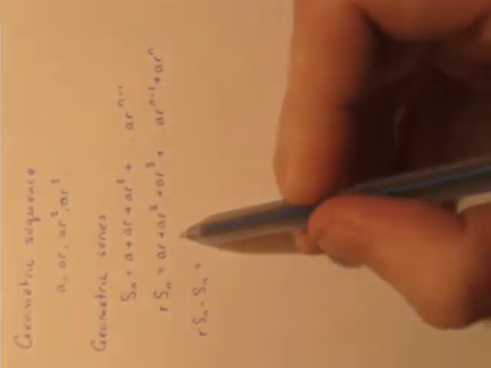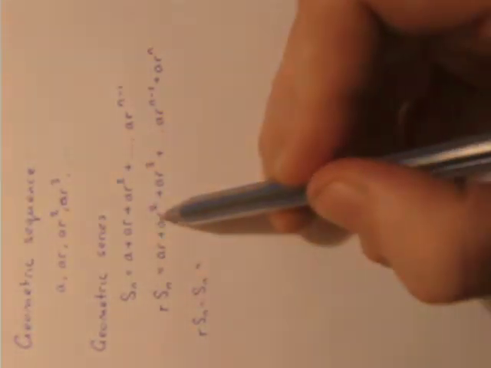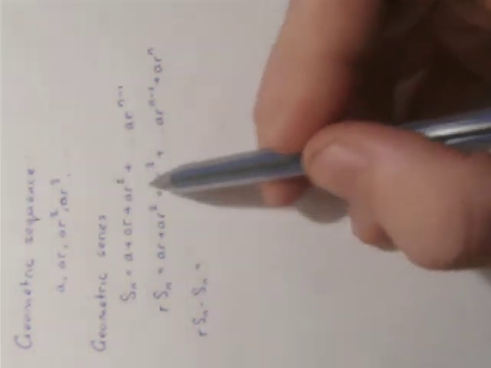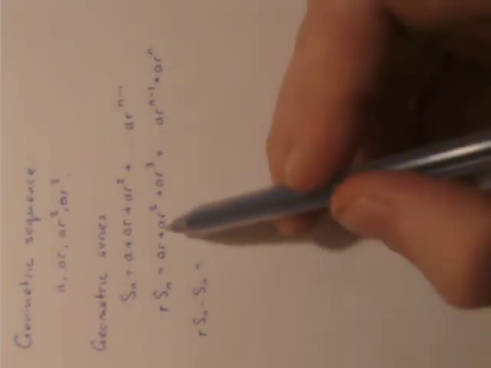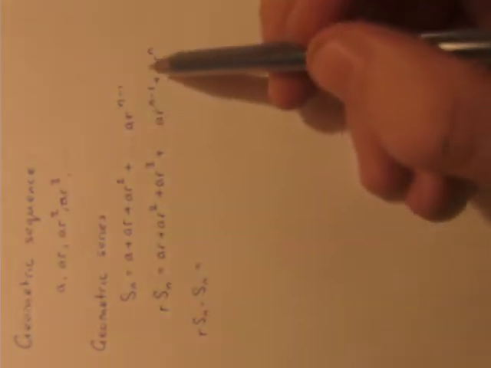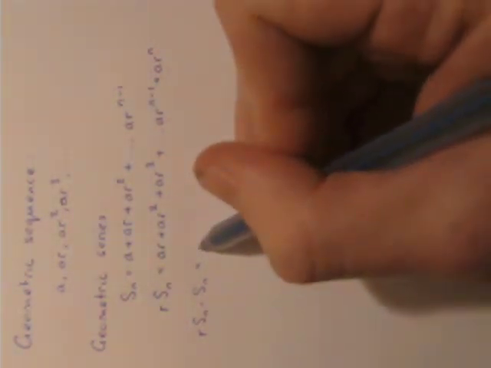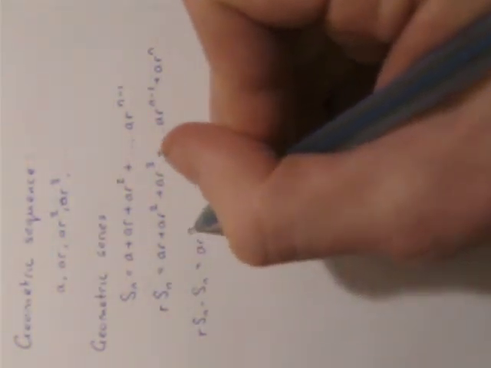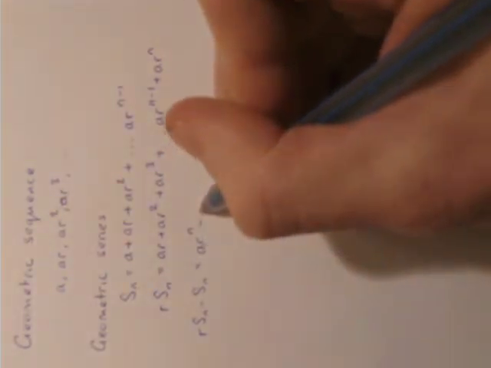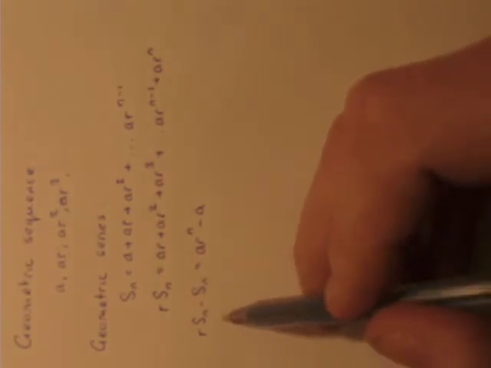And this term will be cancelled off by this one, will be cancelled off by this one, by the next one, and so on when we subtract, except the n terms. So we'll be left with a times r to the n minus a. So already it looks simpler,